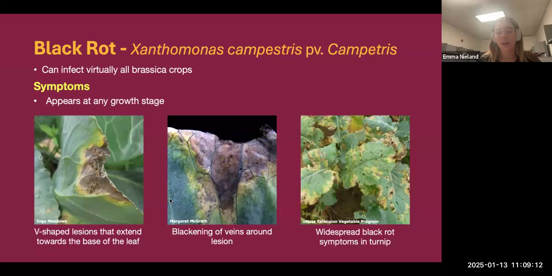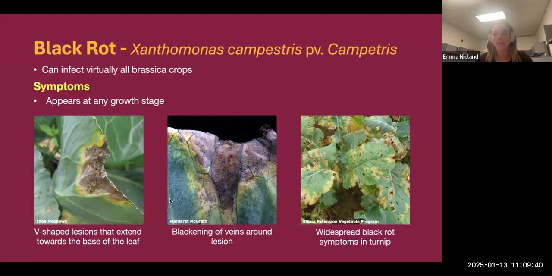In terms of symptoms, the main symptom of black rot is a V-shaped lesion that starts at the leaf edge and moves towards the base of the leaf. The interior of that lesion is going to be a lot of necrotic tissue, just meaning dead tissue. And then the margins of that lesion are going to be more of a chlorotic tissue, which signifies a dying tissue. These lesions can induce wilt and necrosis throughout the whole plant.